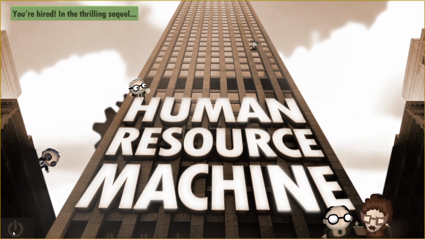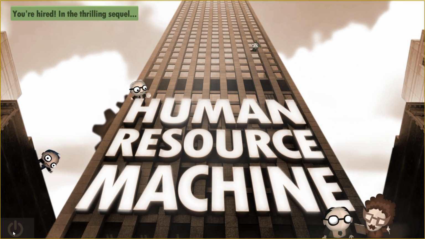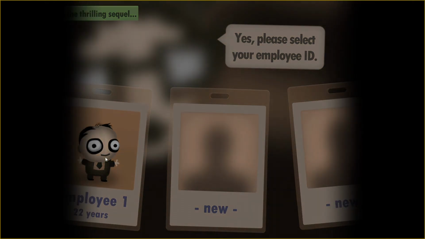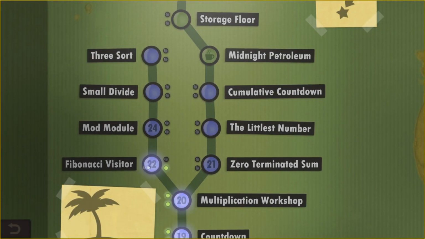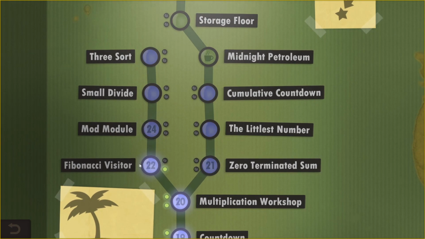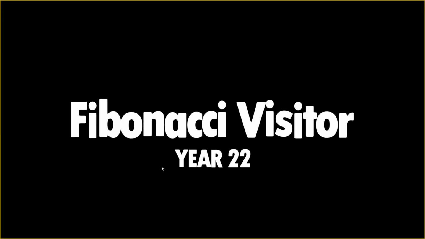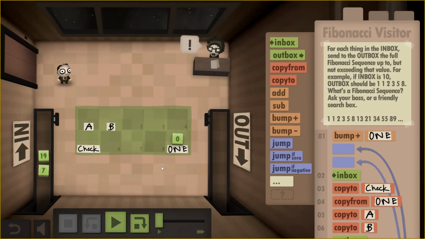This week we are back in Human Resource Machine. The last episode we were looking at the Fibonacci sequence and recursion. We have one light left to turn on this problem, so let's see what we can do there. It's the number of blocks light. So